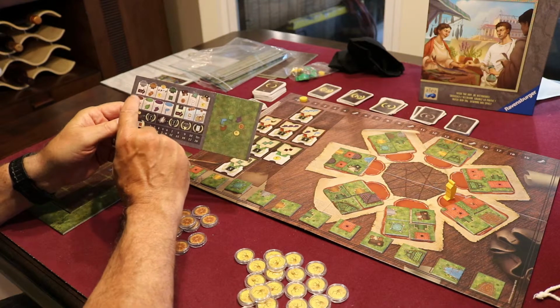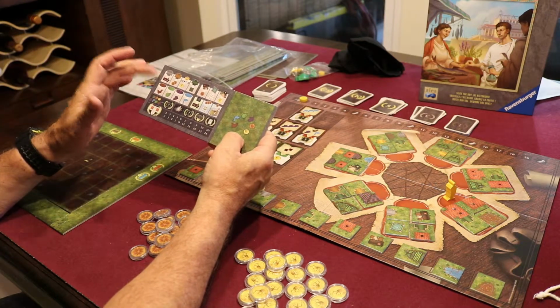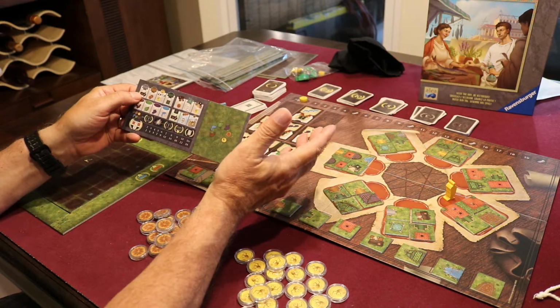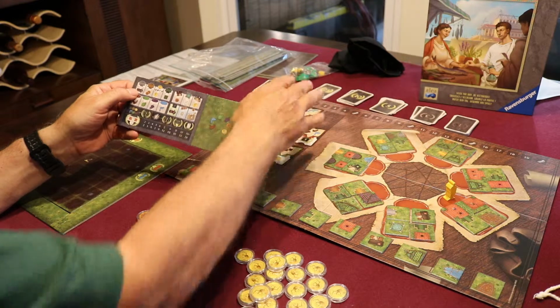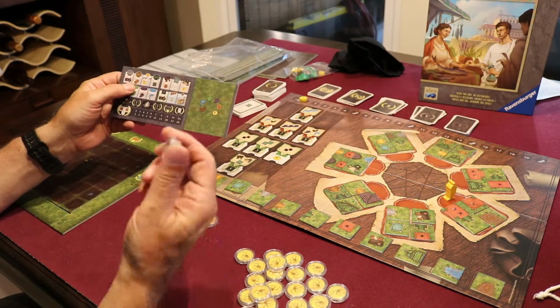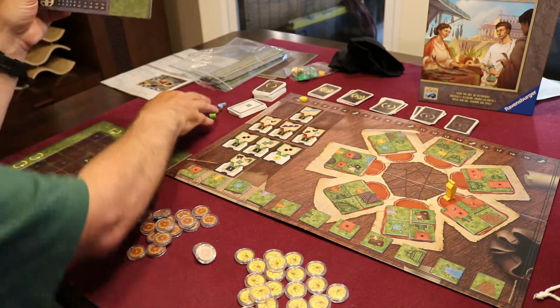Tells you every time you build a building on your player board what the benefit is of that building, and you get various things. If you complete the administrator building, which is a silver building, you're going to move up 2 spaces on the banderol track. If you build a bakery, you're going to get 2 loaves of bread. If you build a merchant, you're going to be able to trade in these